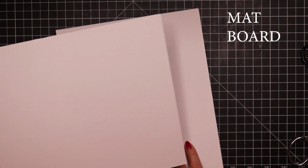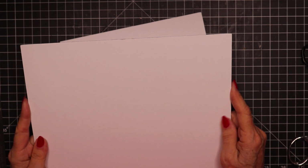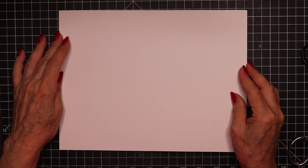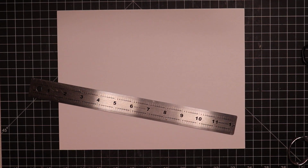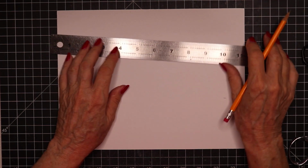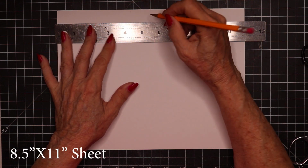I make all my covers from mat board. Mat board is what is used very heavily in the framing industry to add a border around artwork and give a nice look inside the frame. And so for my journals, in order to make it the easiest possible and to take advantage of the standard sizes that we have here in the USA, I always make my covers half the size of an 8.5 by 11,